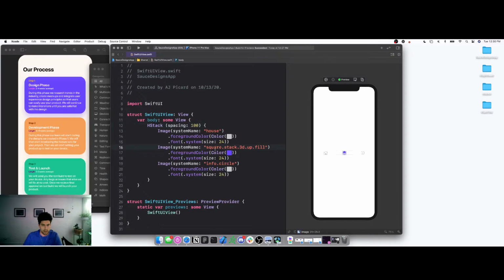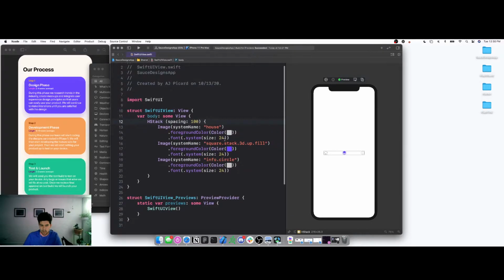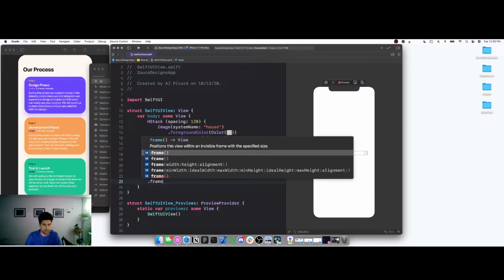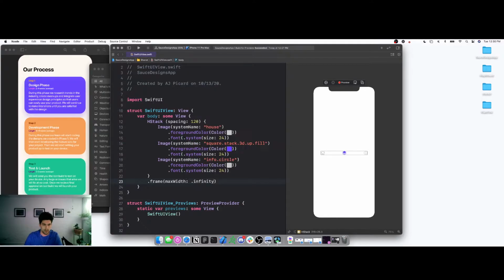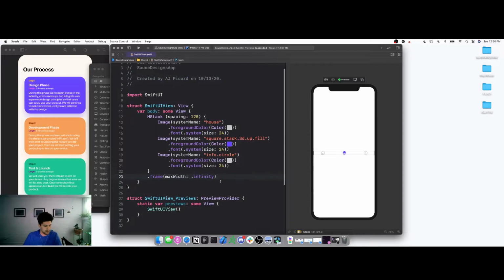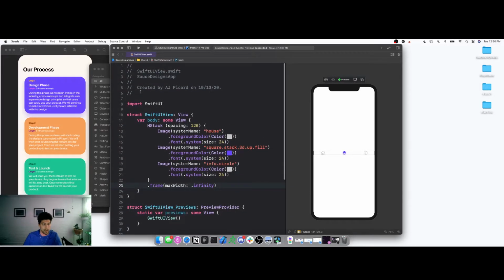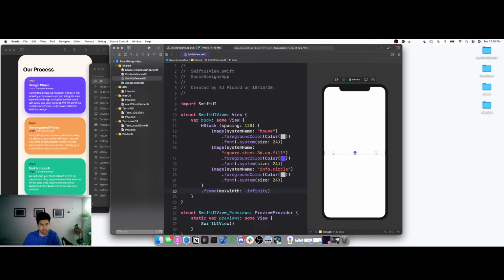All right, and yeah, so we're just going to add this placeholder for now. And let's see here. Yeah, let's do a max frame of maxWidth .infinity. Okay, perfect. And let's open this, and we're going to head on over to